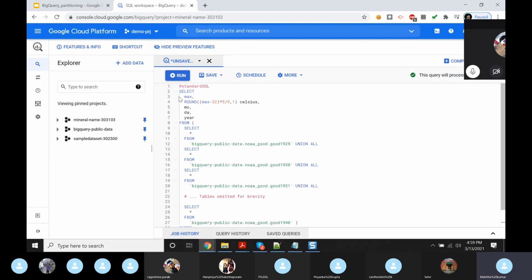We are getting these 5 columns, and also creating a new column, Celsius, with this formula. We are changing Fahrenheit to Celsius and selecting from these 4 years.